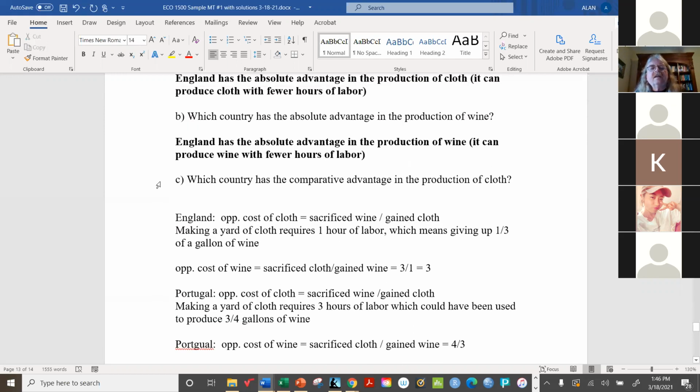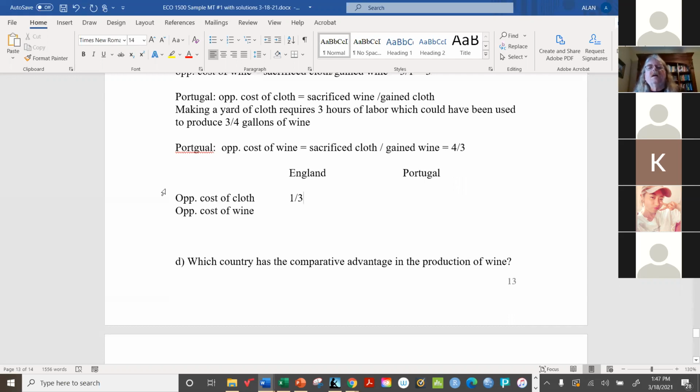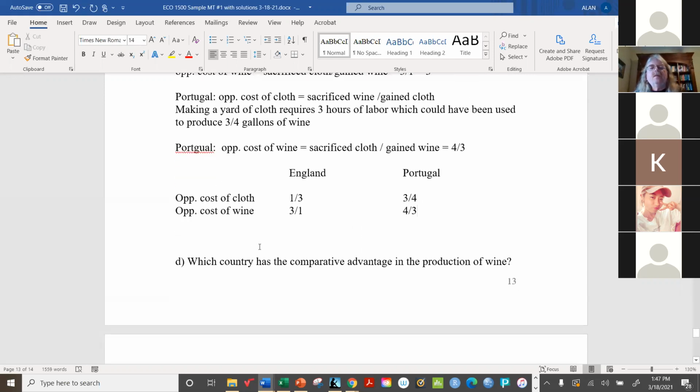So here England's opportunity cost of cloth is 1/3 of a gallon of wine, and their wine opportunity cost is 3. For Portugal, the opportunity cost of the cloth was 3/4 of a gallon of wine, and here we have 4/3. Now, what this says is this: